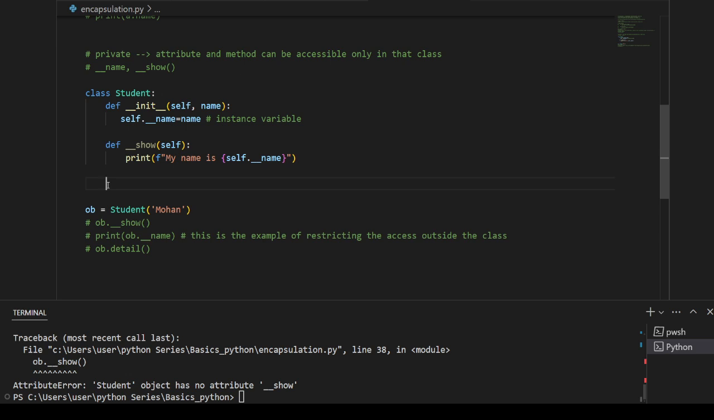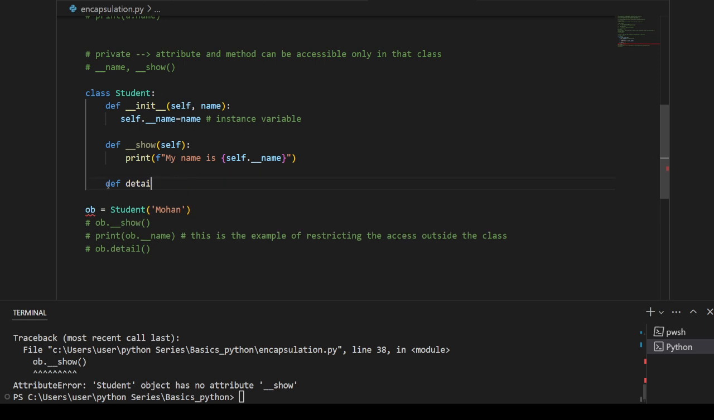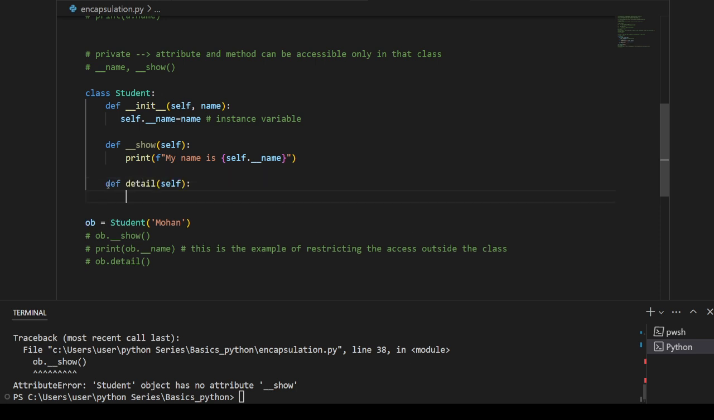Okay, so in order to make use of this class, I'll make one public method that is a detail. From this method, which is present outside the class, I can call any method that is present within that class. Now I can call that